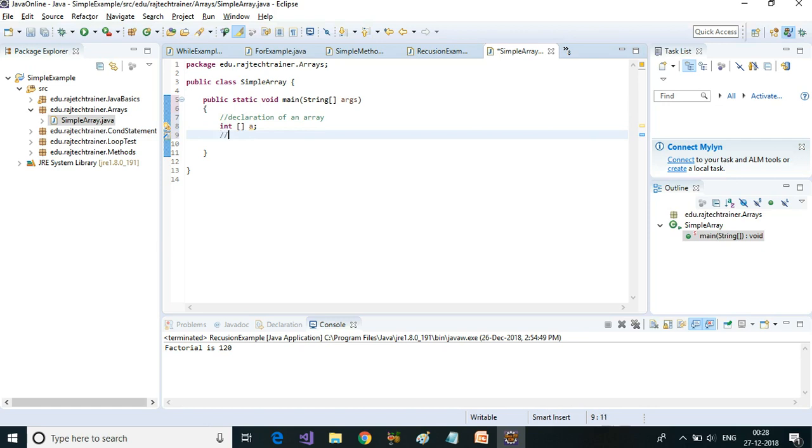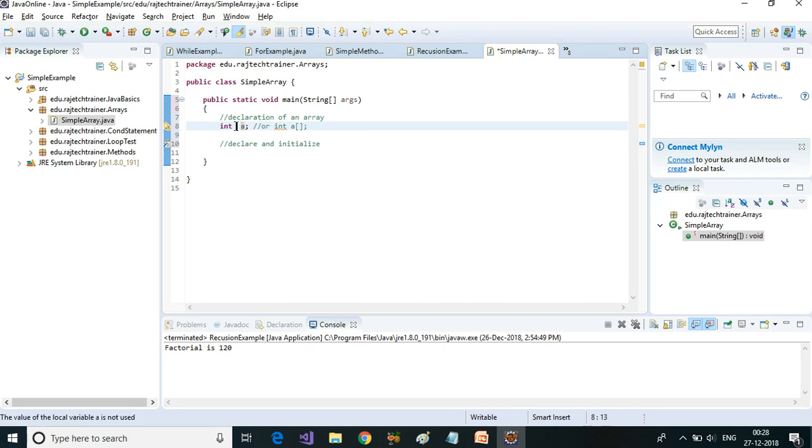Let us see how to declare and initialize at the same time. Okay, so declare and initialize. Before this, it can be declared like this, or int a, so this is also valid. Instead of having the brackets here, you can also have the brackets here. It's one and the same. Okay, the usual practice is this. Okay, so let us see now declare and initialize. So int b is equal to new int of